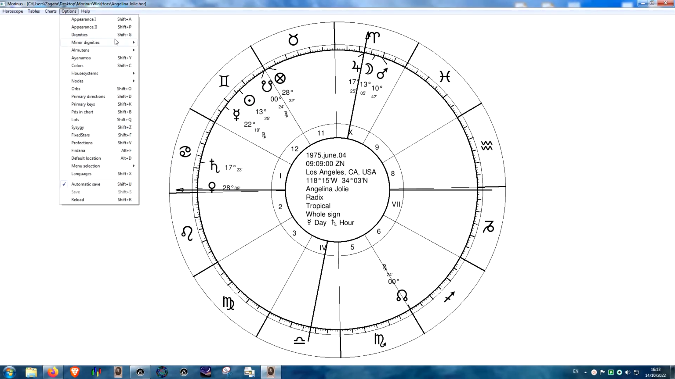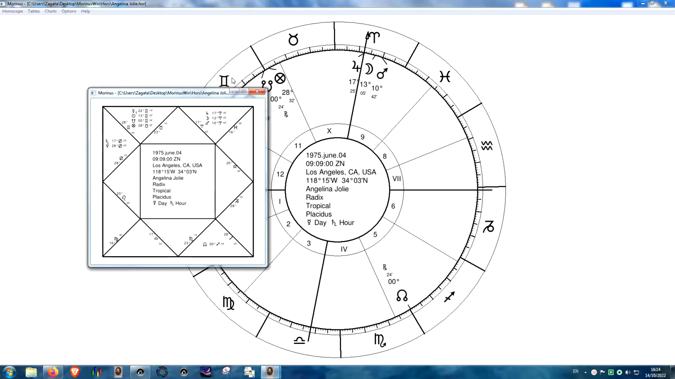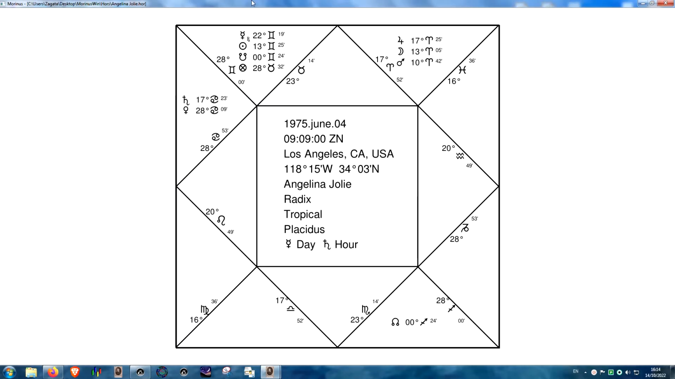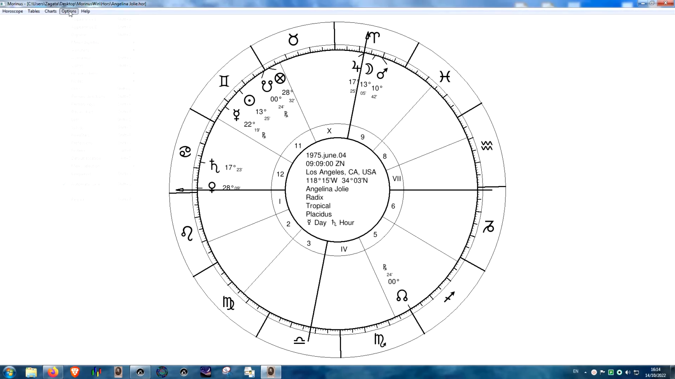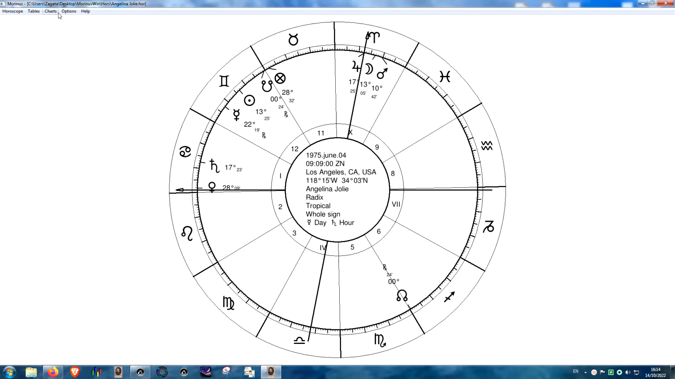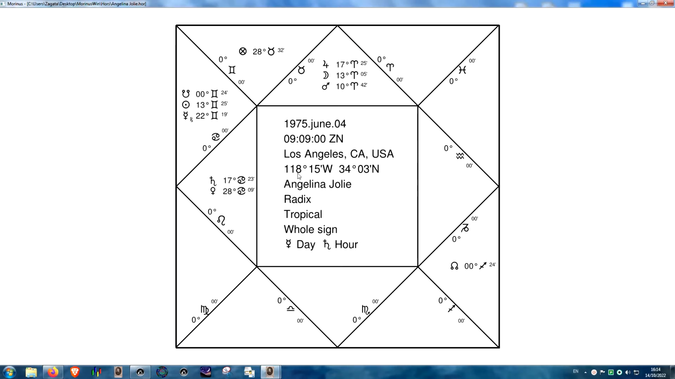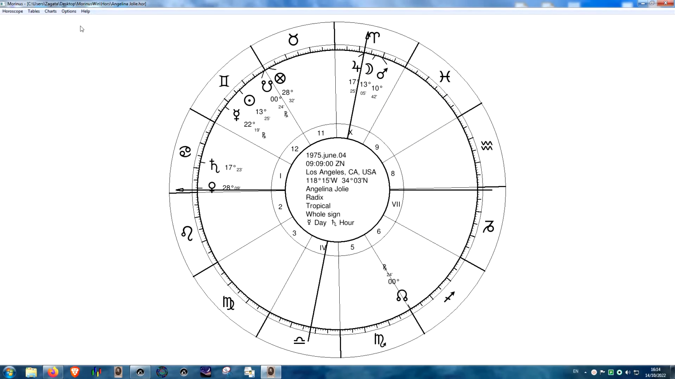Unfortunately, for the square chart, I don't know why they did not fix this. If you're using quadrant houses, here the square chart is fine. You know, it's showing you. But if you want to use whole sign houses, the square chart does not show you the ascendant and the MC degree. And I myself prefer